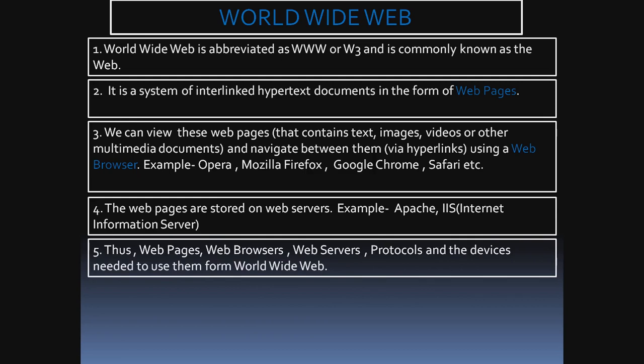Now, what do we understand till now? We understand that in our World Wide Web, as I said, we have web pages, they are interrelated, we have web browsers, we have protocols, we have web servers, so many things are there. They all join together and all of them together is known as World Wide Web. It also has some devices like router. The hardwares also are part of World Wide Web because they run through some algorithms, some rules. So they all make the World Wide Web.